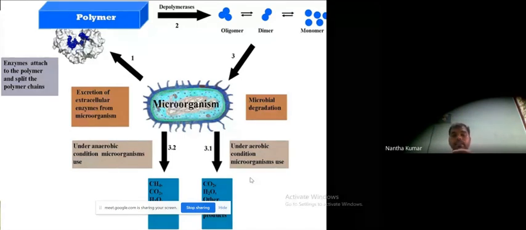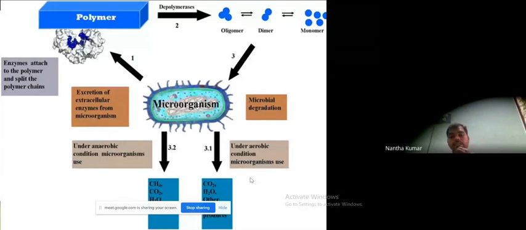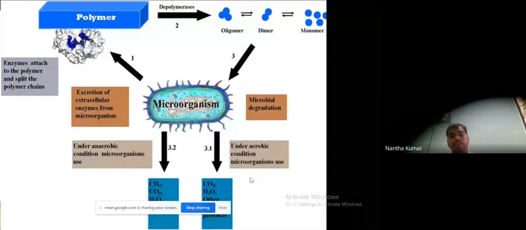Again, these bacteria convert this pollutant into end products like CO2, water, and others under different conditions. Under aerobic conditions, bacteria excrete enzymes that break down the compounds and convert them into CO2 and H2O. So there won't be any secondary pollutant or secondary product released from the process. Under anaerobic conditions, bacteria convert these pollutants into methane and CO2. So again there is an application.